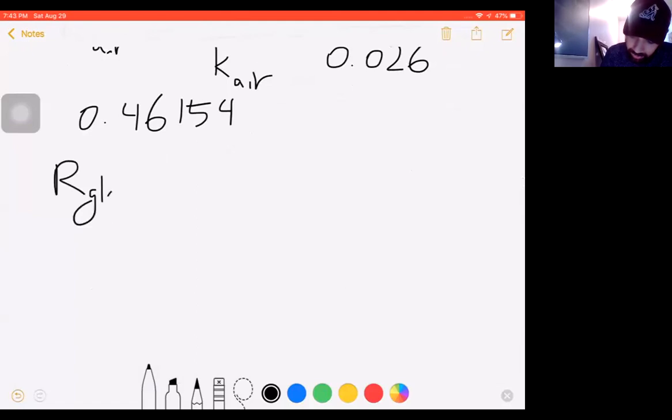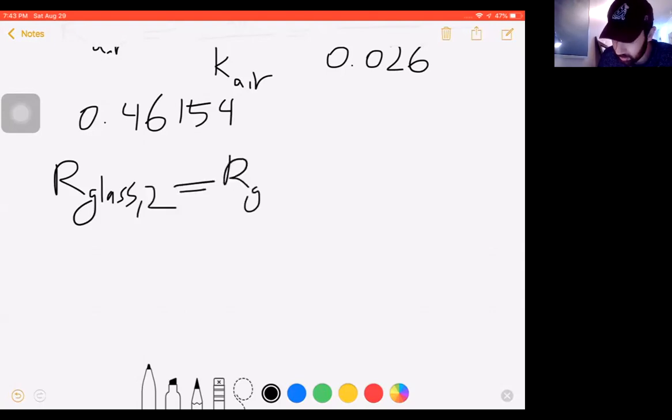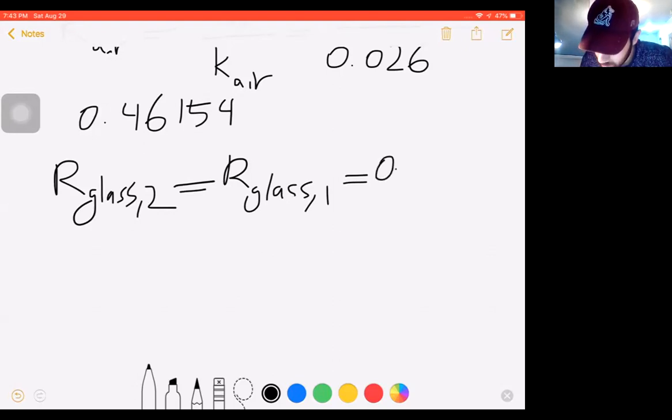The R of glass at the second layer is the same as the first one, so I won't write it down again. You can do this in your exam too when you have a similar or identical term. It is not necessary or required to consume your time on it. So this will be equal to